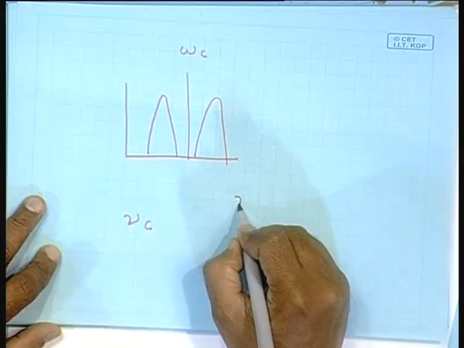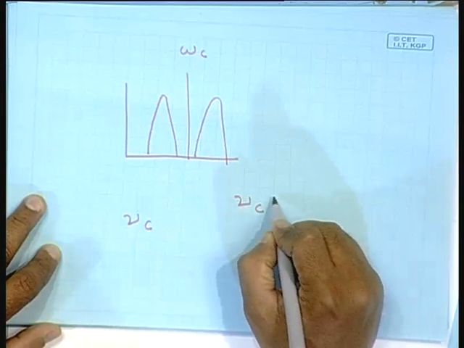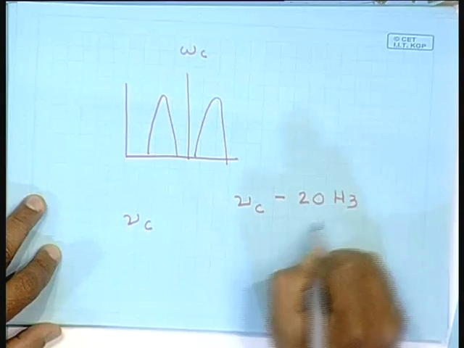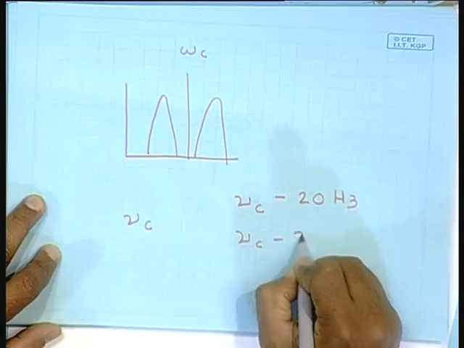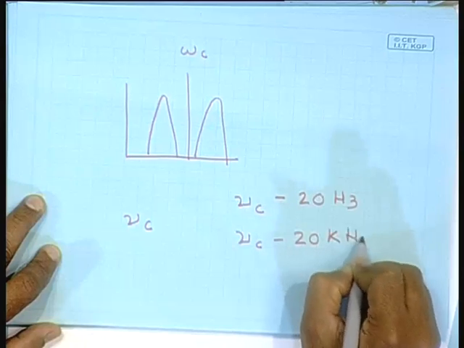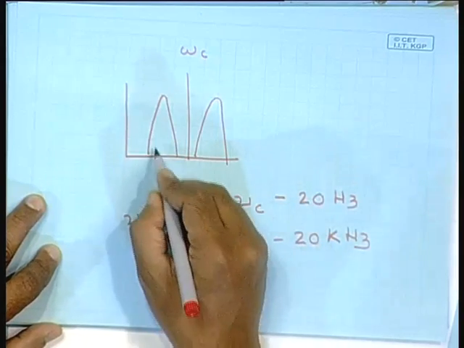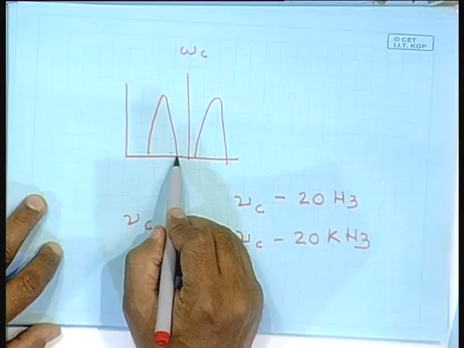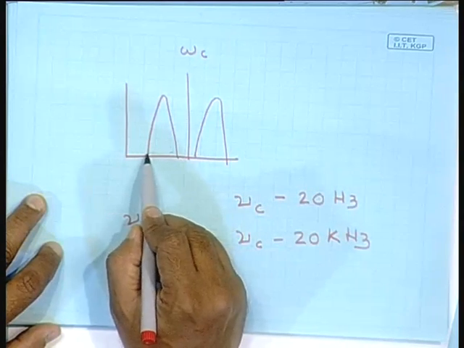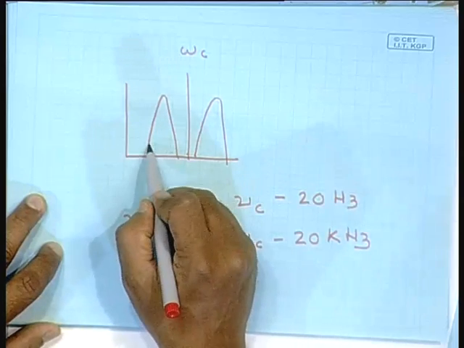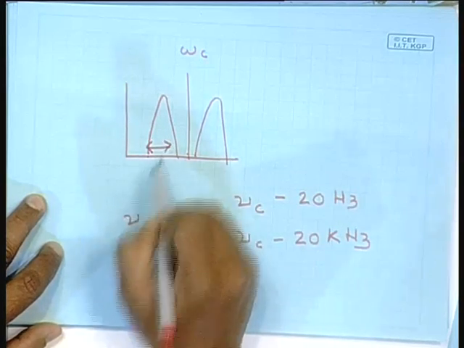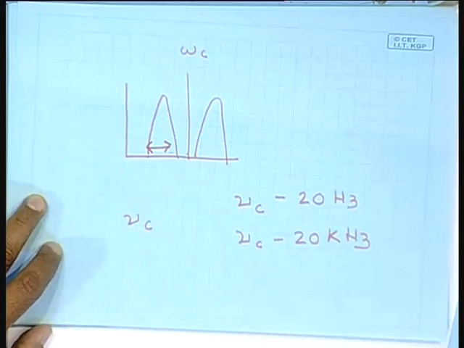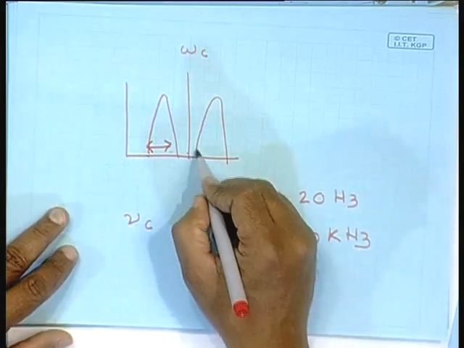The sidebands are going to be from nu c minus 20 hertz to nu c minus 20 kilohertz on one side, so this band over here is going to span from the carrier frequency minus 20 hertz to the carrier frequency minus 20 kilohertz. My voice spans this entire frequency range, so the sideband is also going to have the same bandwidth as my voice. You are also going to produce another sideband over here,